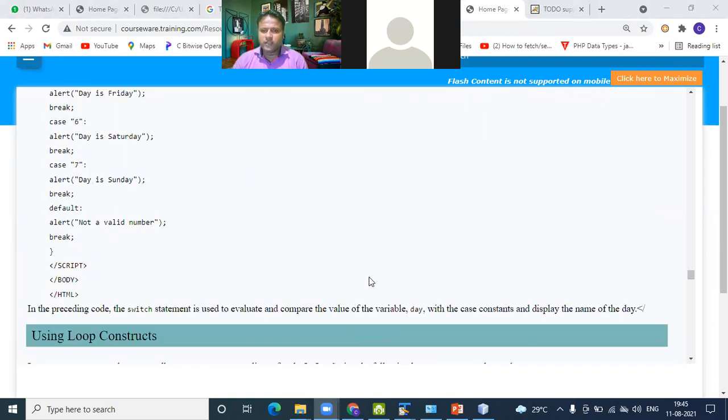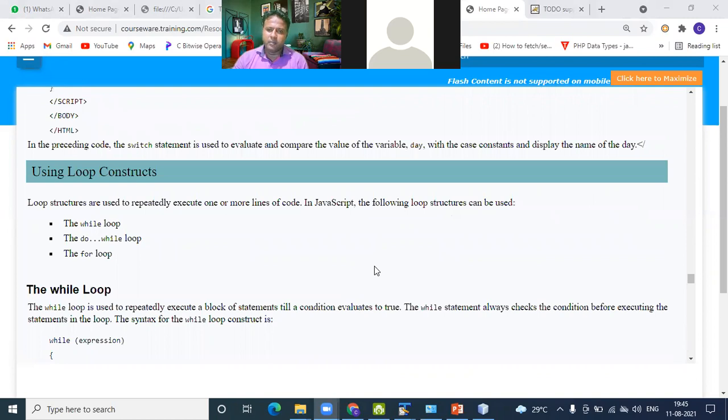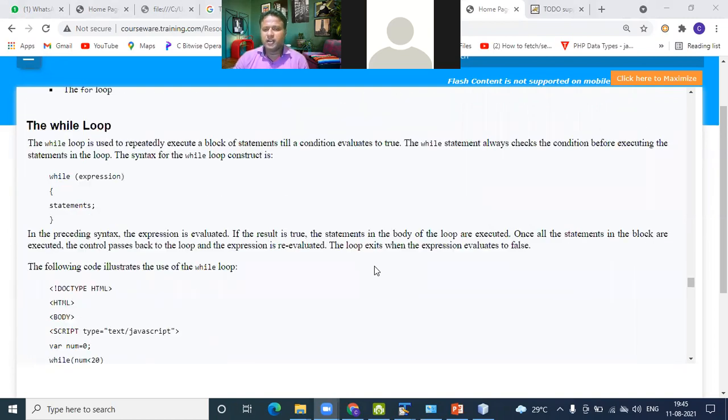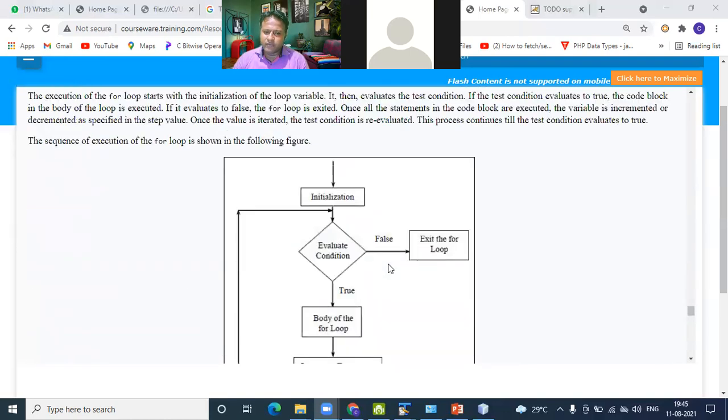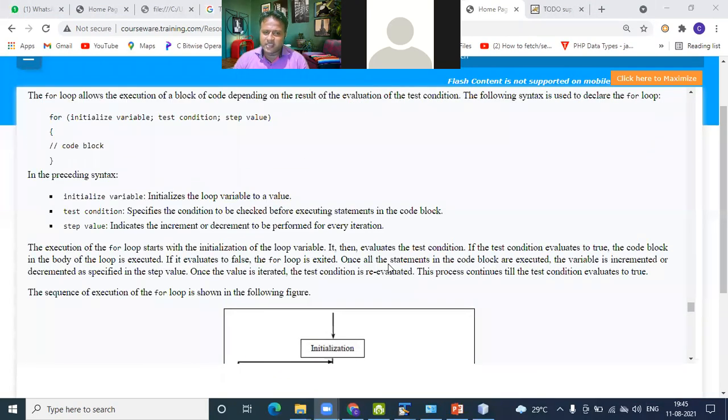Function, as already we discussed, it breaks the program into smaller parts, and every function is used for a specific purpose. Like when you are going to the ATM, it has the cash withdrawal option, mini statement option. So every option is used for a unique purpose. The function is just like that. In a similar way, how do you define a function in JavaScript?